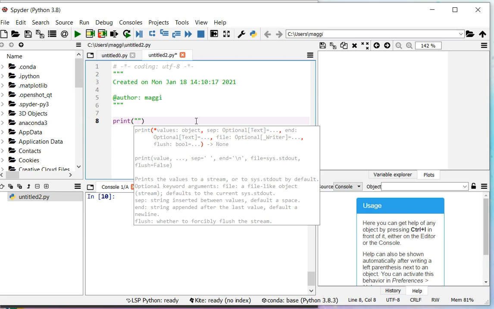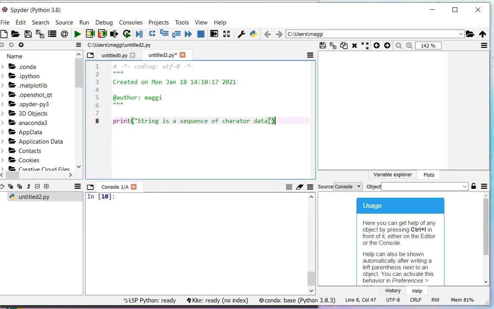Here, I ask Python to print out for me: a string is a sequence of character data. To run the code, I press this green button, and you see the string is printed out exactly here in